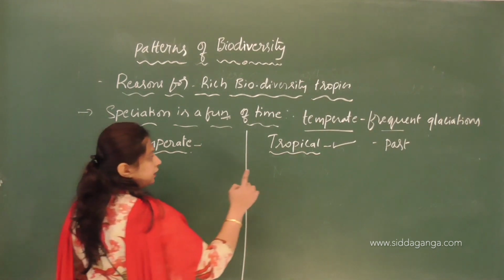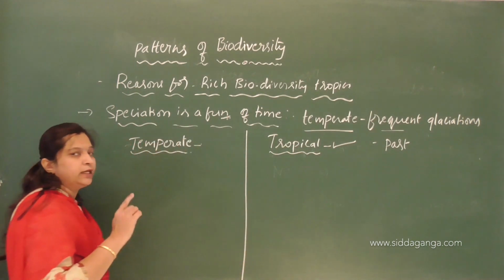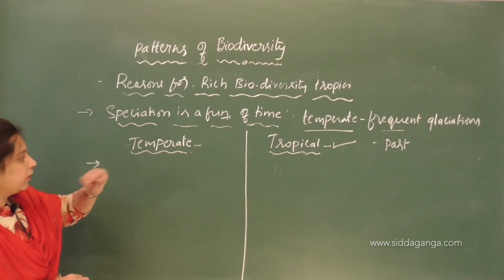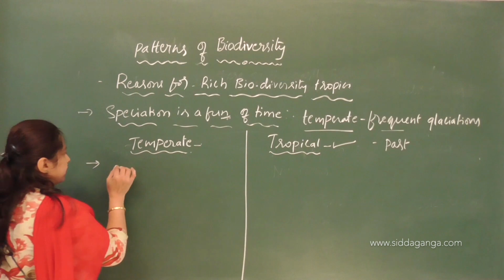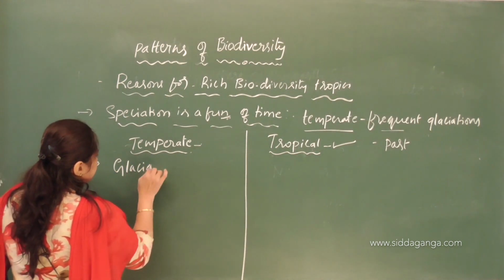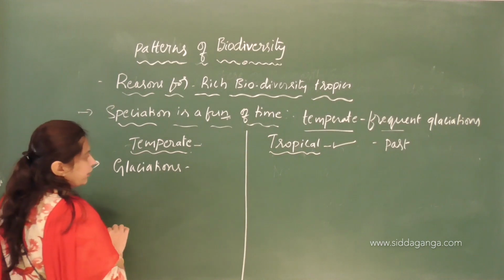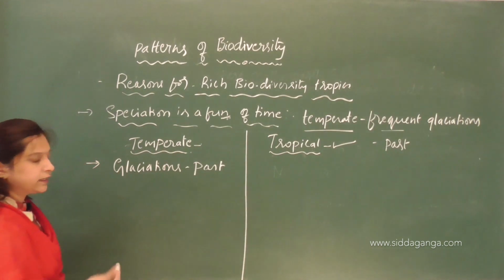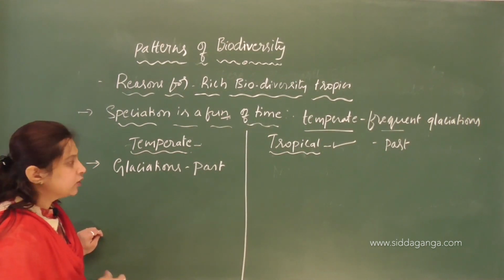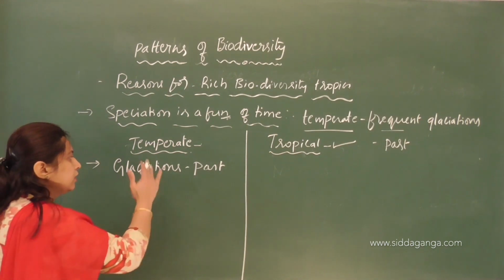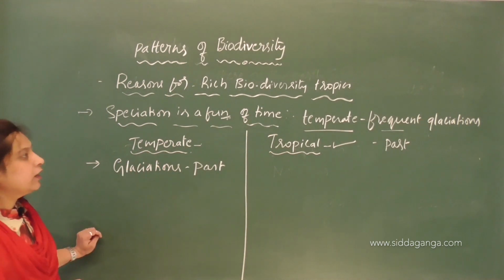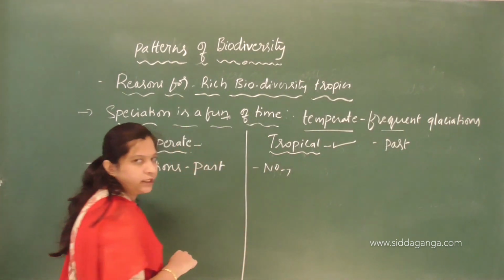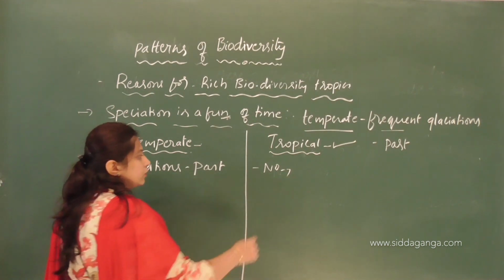So the greater diversification in tropical areas is mainly because, as I already discussed, in the temperate areas there were frequent glaciations in the past. Because these glaciations occurred, they killed so many species. So many species were destroyed because of the frequent glaciations. But here in tropical areas, there were no such glaciations, and also